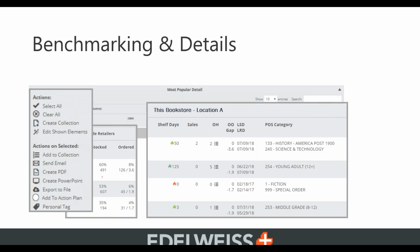All right, so moving on to the next little pop-up here. Of course, you can perform actions. So you've got a list of titles here. If you're familiar with Edelweiss at all, you'll know that you can always select titles and do things with them. So of course, that carries over to this part of Edelweiss too, where you can pick a few titles, pick all titles, and then add them to a collection, which in our terms is really just a list